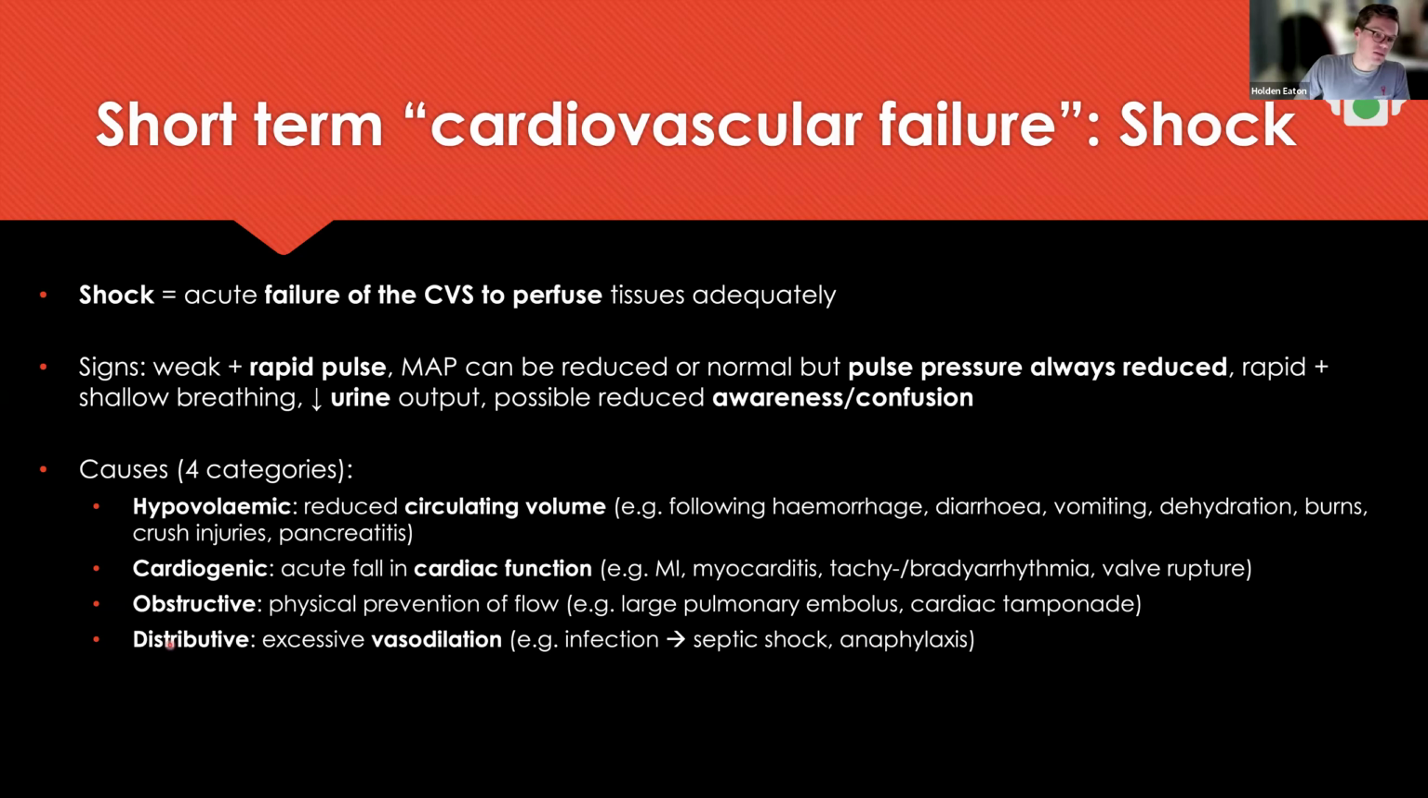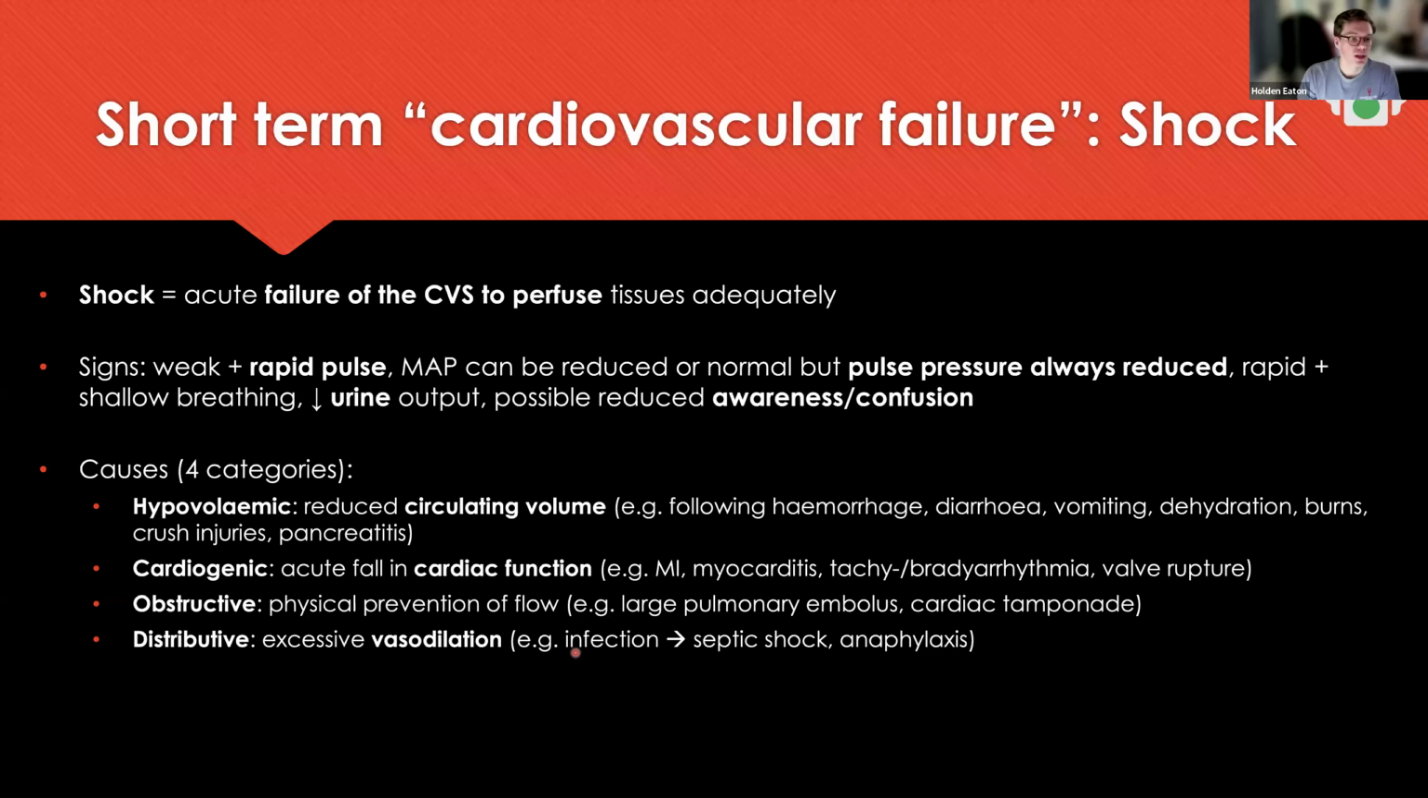And then finally, distributive. Again, this is a failure of the pipes in some way, and usually it's a failure in the pipe wall. So you get too much vasodilation as a result of systemic infection. This is classic for sepsis. You'll get a shock picture because systemic infection leads to, I guess, pathological vasodilation. It's not helpful in your body fighting the infection, and it causes a massive drop in